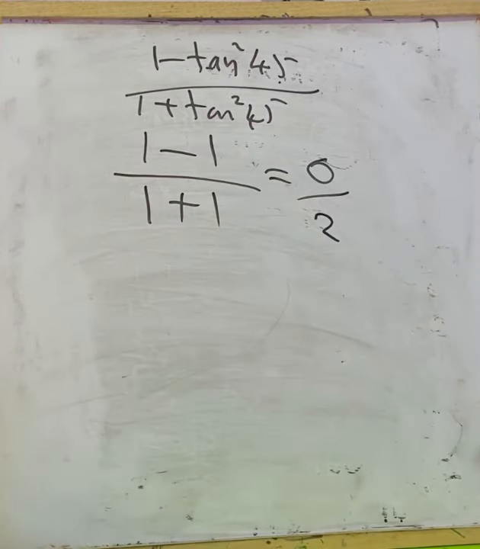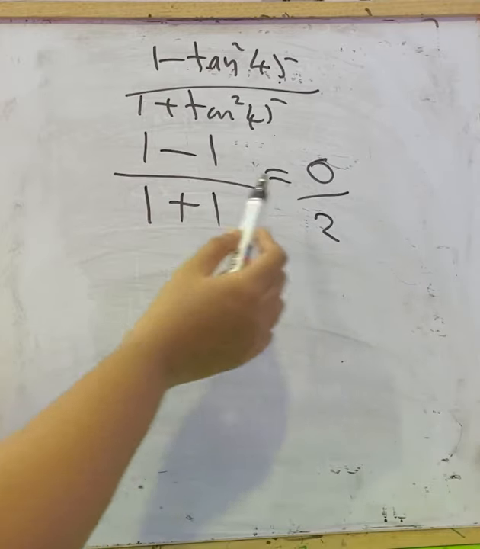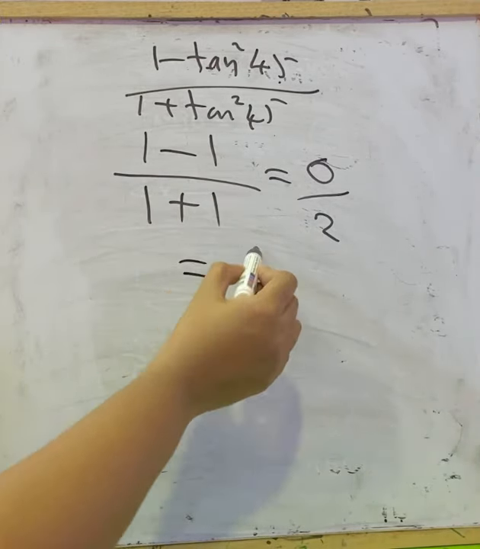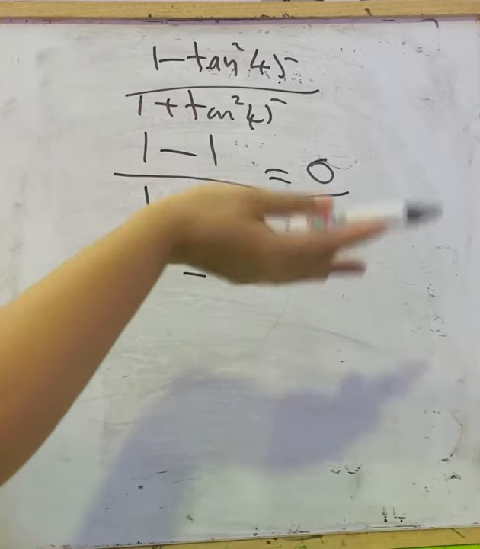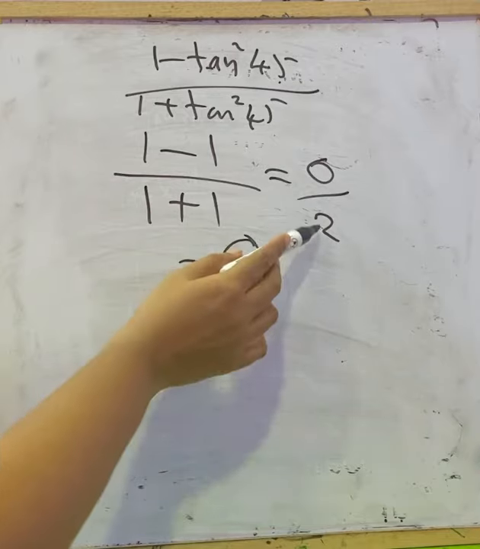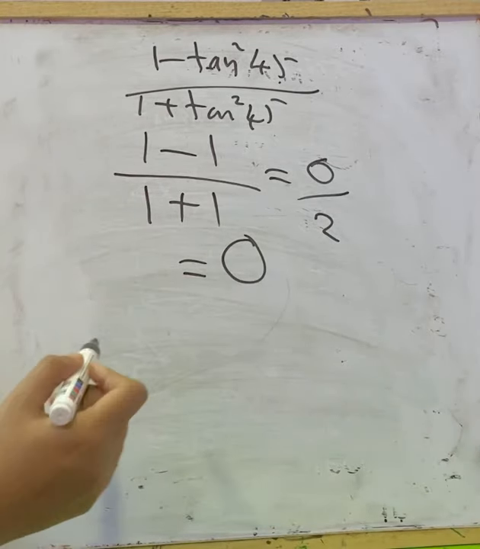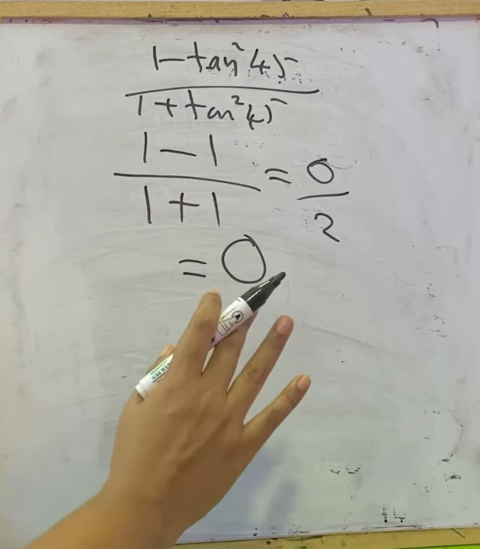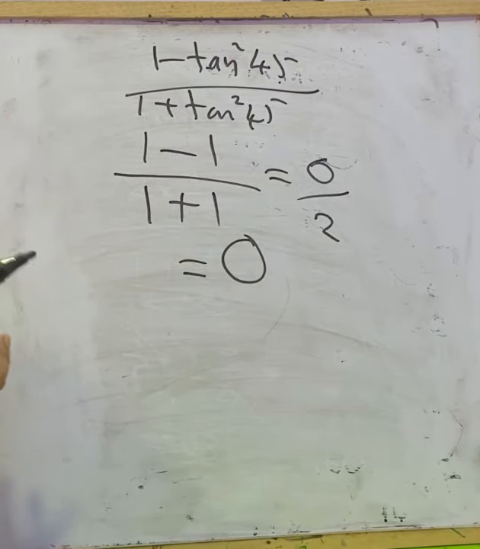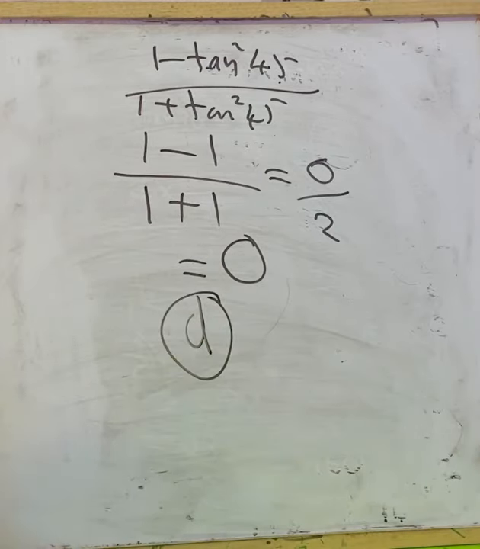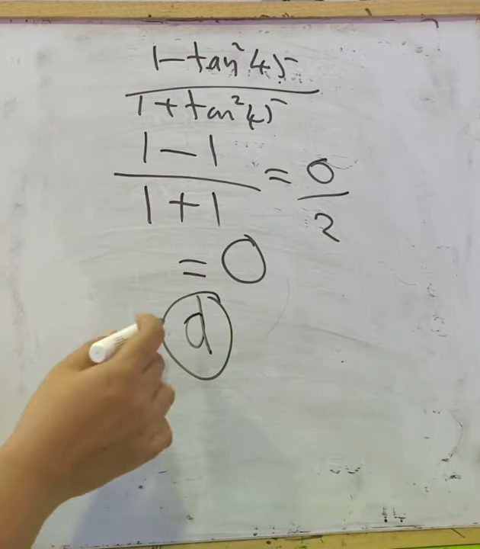0 by 2. Since the denominator we have a value and numerator is 0, then we can write it as 0. If it was vice versa, that is if numerator has a value and denominator was 0, then you can say it is not defined because division by 0 is not defined. Now coming to the options, you can see the answer D is 0. It is given directly 0, so you can choose the answer D.